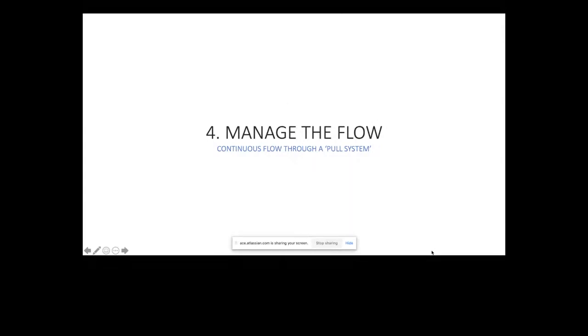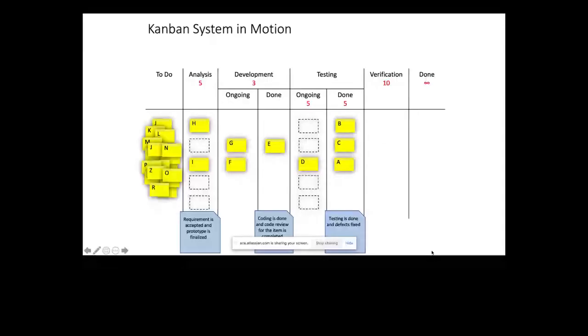Why does Kanban actually tell us to add a WIP limit? It is because of this, right? Kanban is all about enabling a continuous flow of work, and Kanban works based on something called a pull system. Kanban is a pull system. Okay, what it means is this. Think about us first of all, right? Our human nature is to push work to someone else, right? That's our human nature, no?